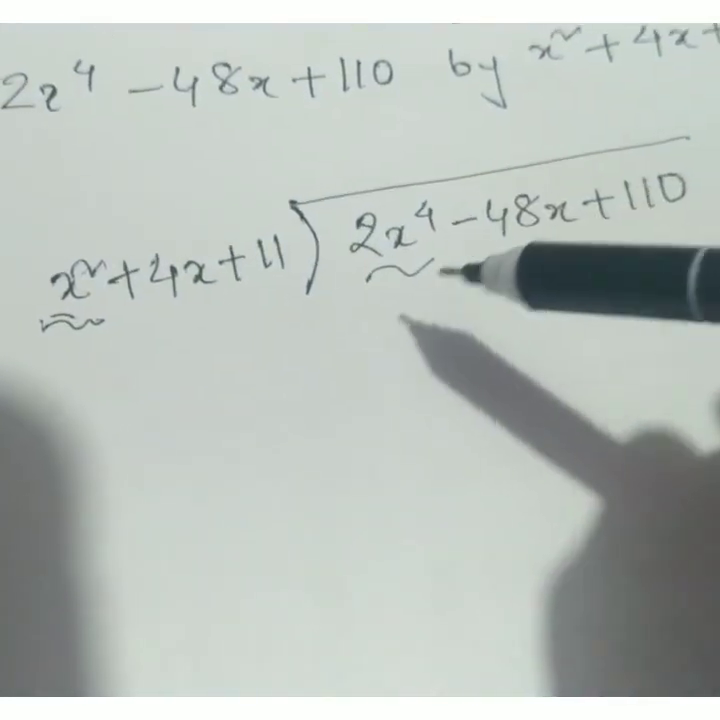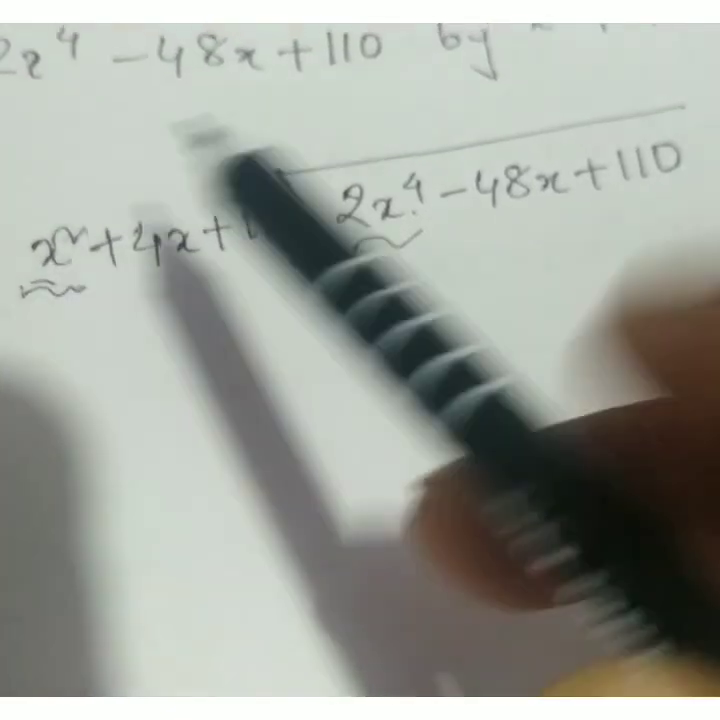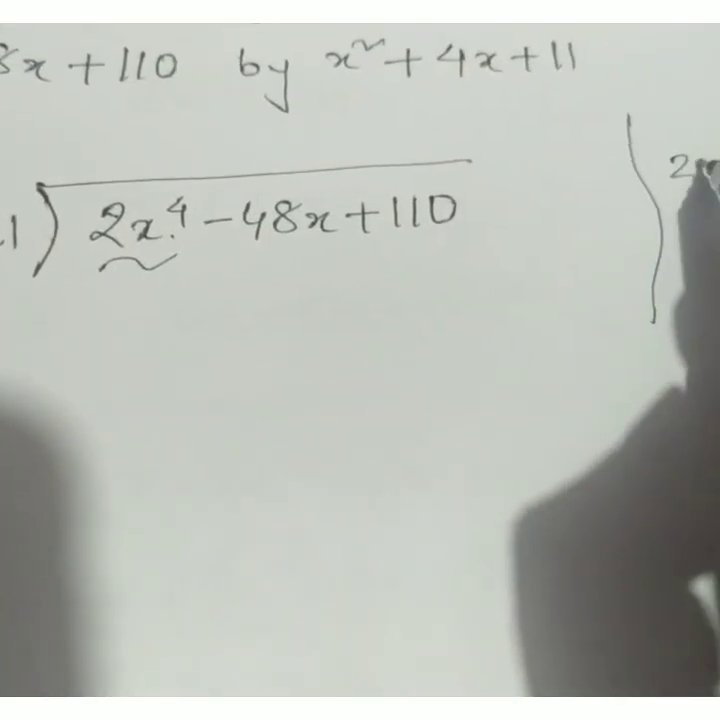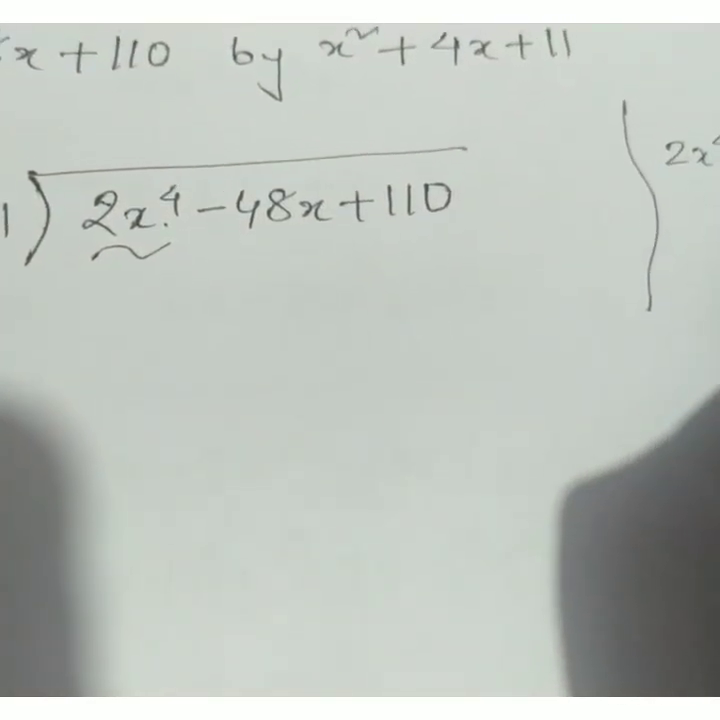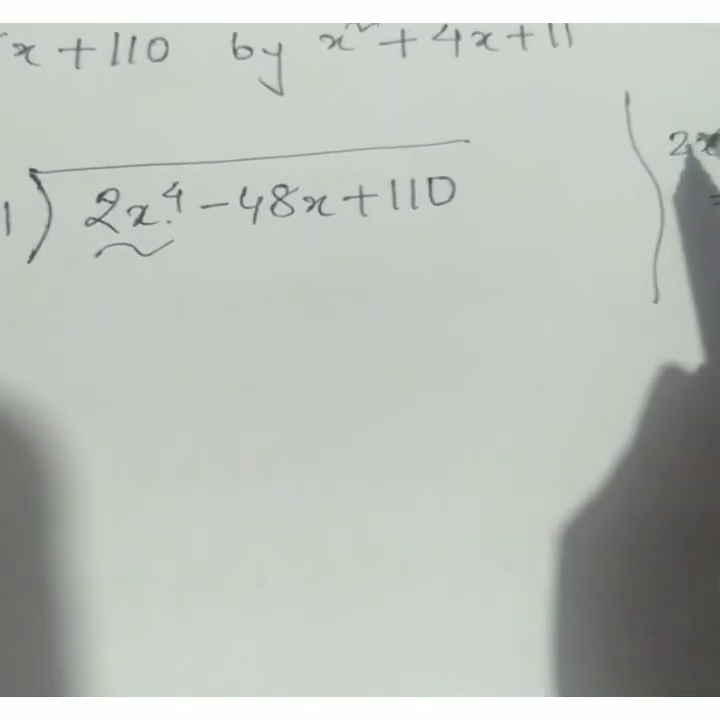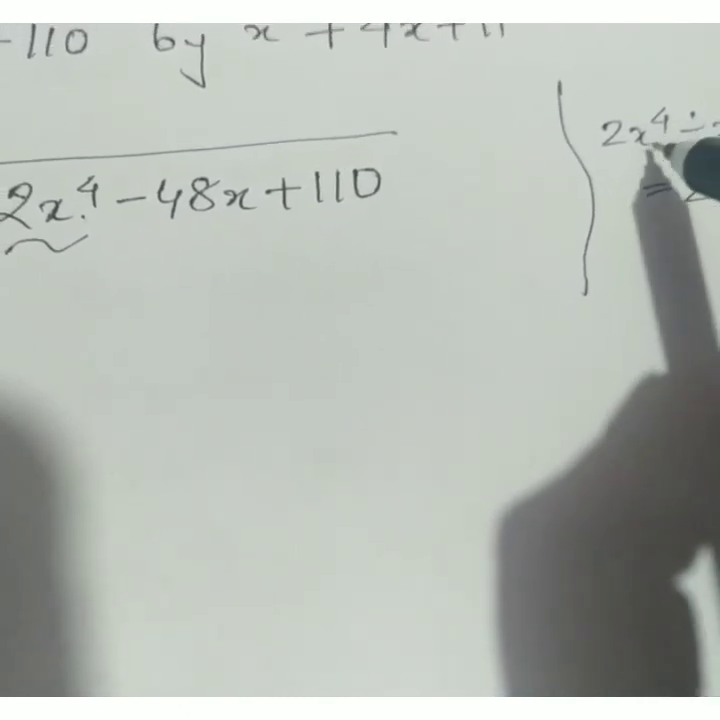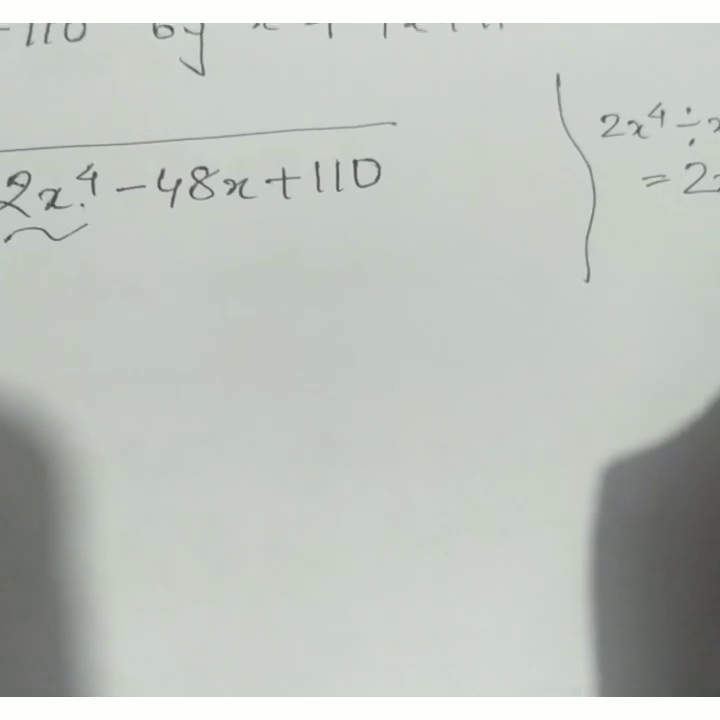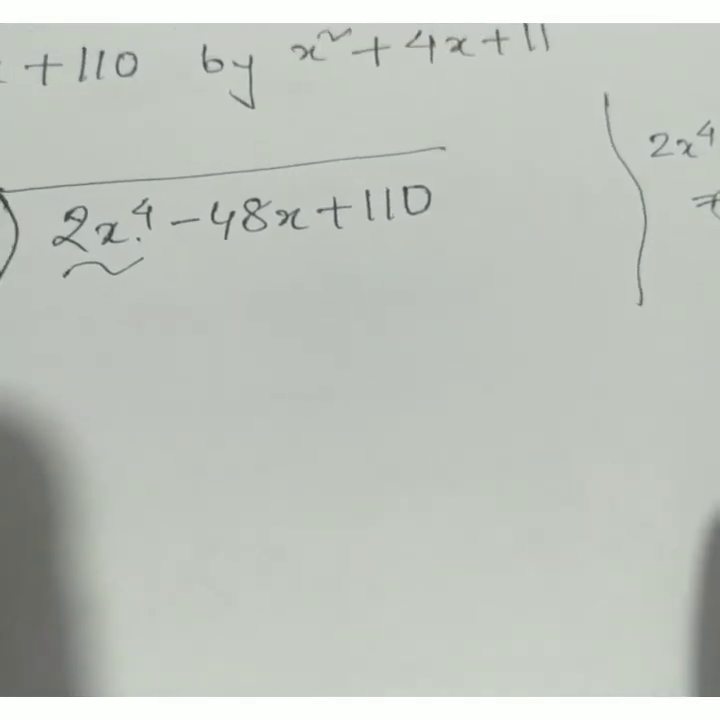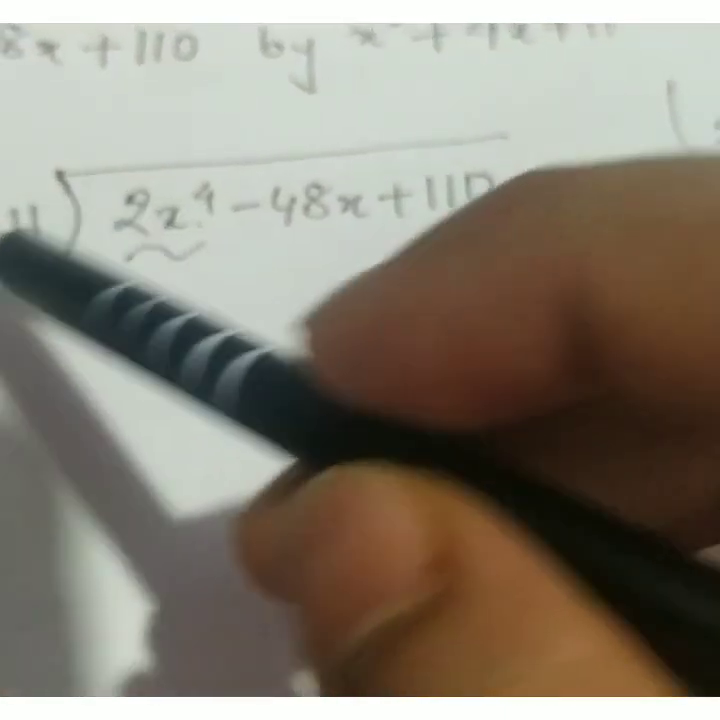Okay, so if you see 2x⁴ divided by x², what do we get? We have already done this before. 2x⁴ divided by x² equals what? The number stays as it is because the number does not get divided. So 2 stays as it is. x⁴ divided by x² is x² because the power gets reduced, right? So 2x². This is the quotient with which I am going to write